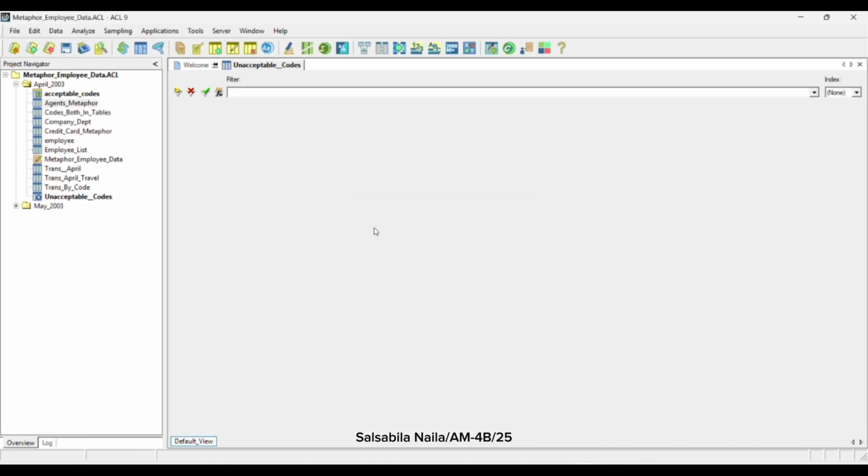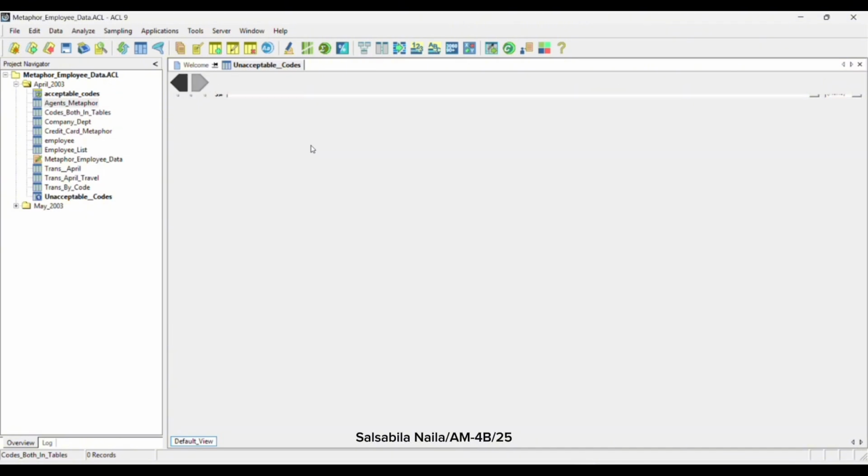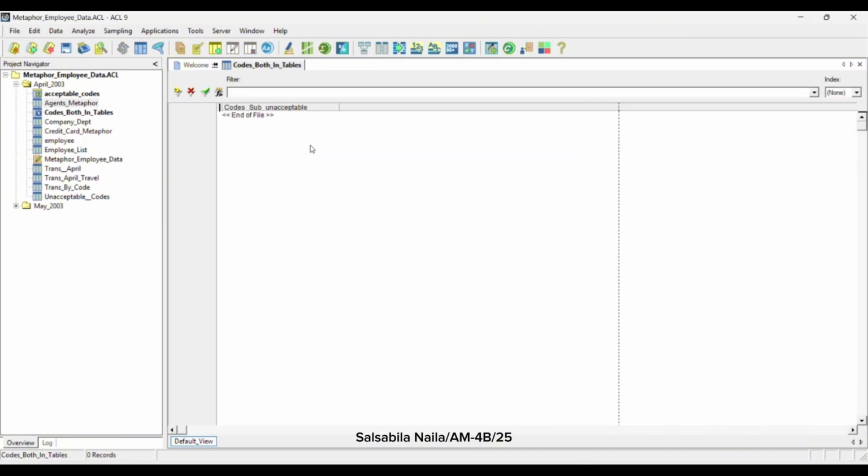Then it should be empty. Although we see the only table empty, we should still count in order to record the results in the command log and leave an audit trail, so select Analyze and Count Records.